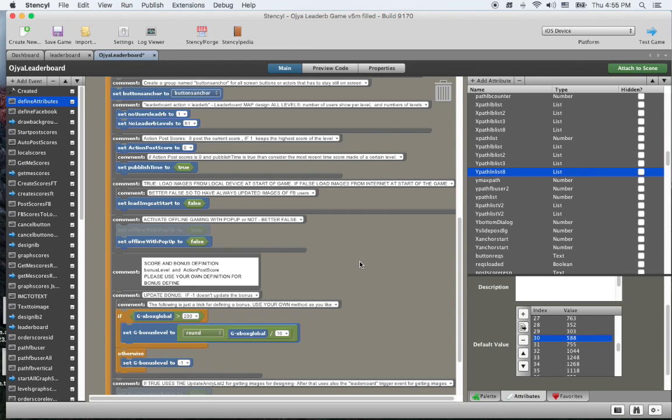It's up to you if you want to have the images always updated, or update the images in some period that you can define. Now, the next attribute is offline with pop-up. It is better to put this to false. Of course,